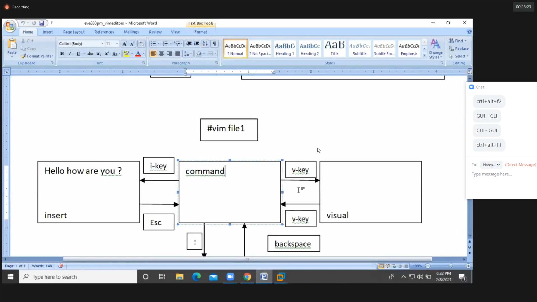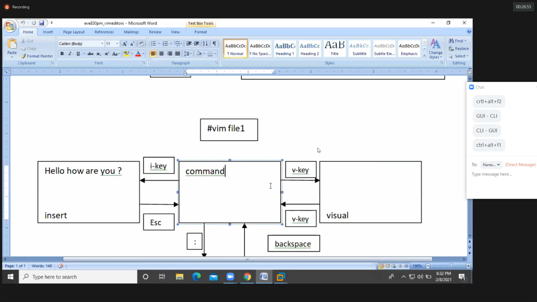And then we have one more mode called visual mode. Here also, in visual mode, you are unable to edit the file. We're not going to use this visual mode so frequently. We use the visual mode just to read the file, to select the file content, to copy the file content, that's it. We are unable to modify any file content with the help of visual mode. In the name itself, it's visual. Visual means we can see the content of the file, that's it. We are unable to do anything else.